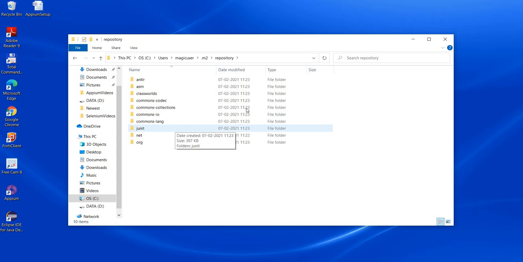So sometimes Maven is not able to create the required repository at this location, which requires us to have administrative privileges.